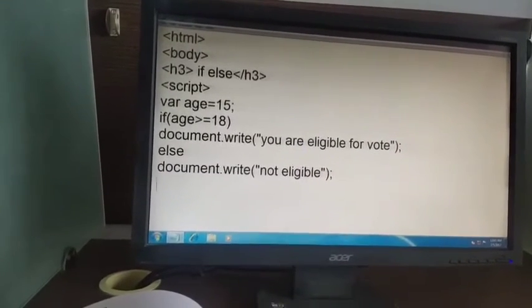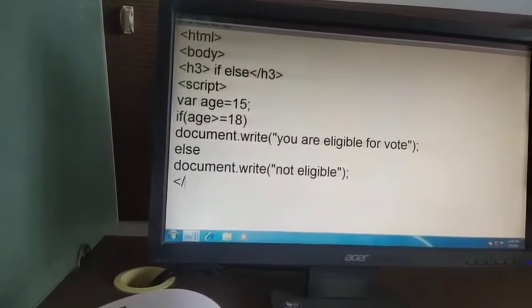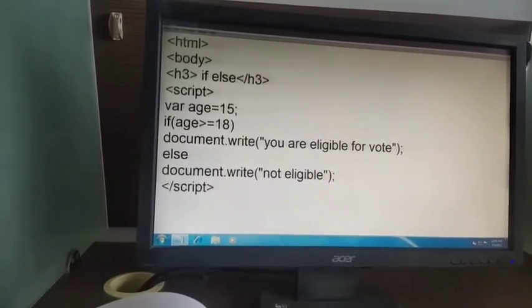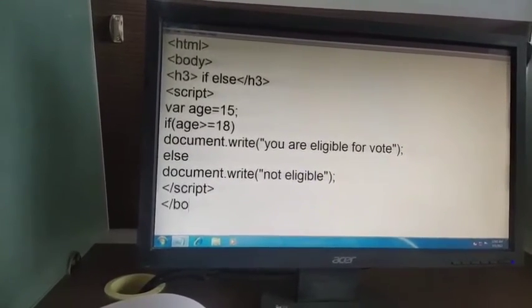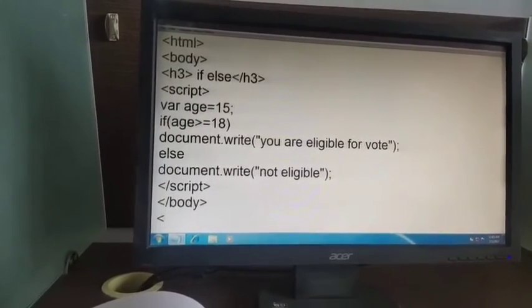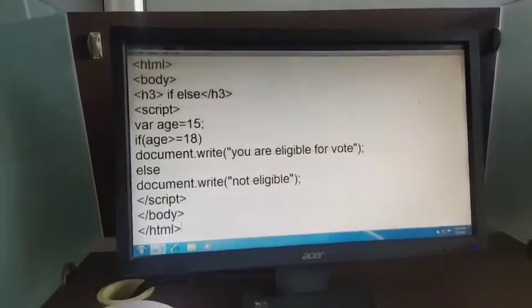Here the if else statement is finished, and my script tag is closed, my body tag is closed, and HTML is closed. Okay, now it's time to save.